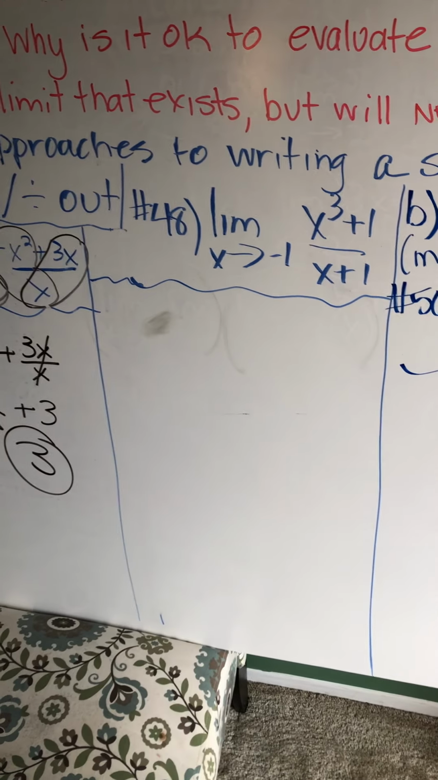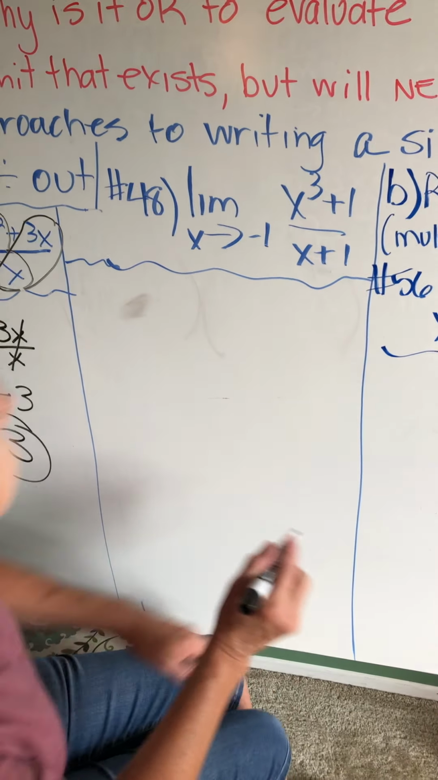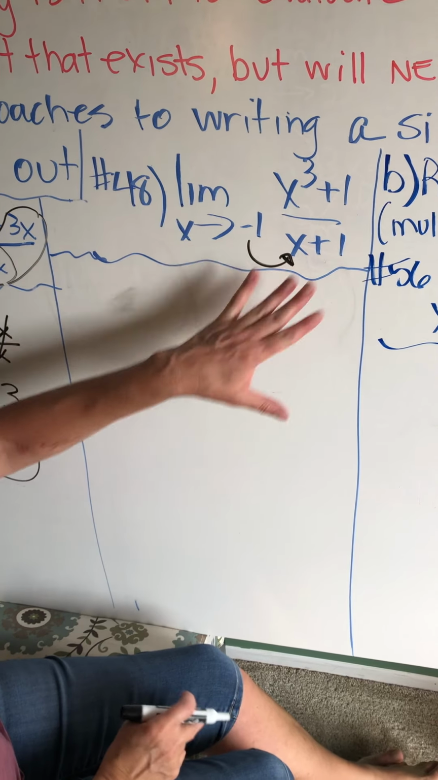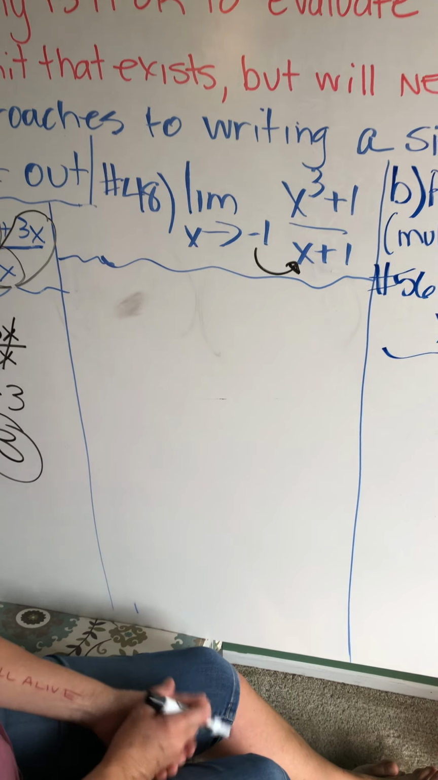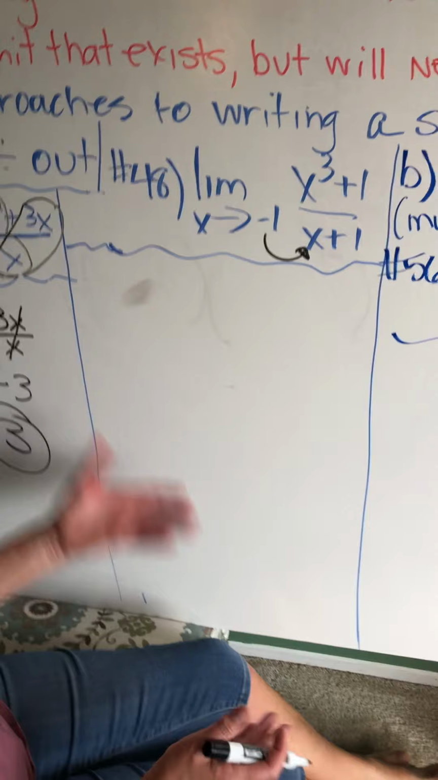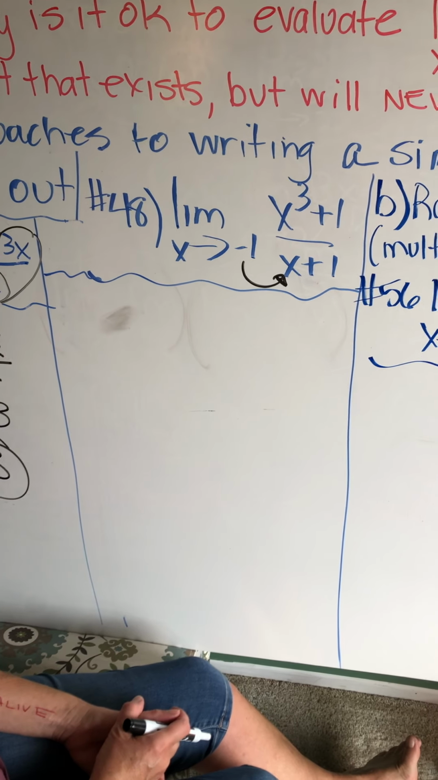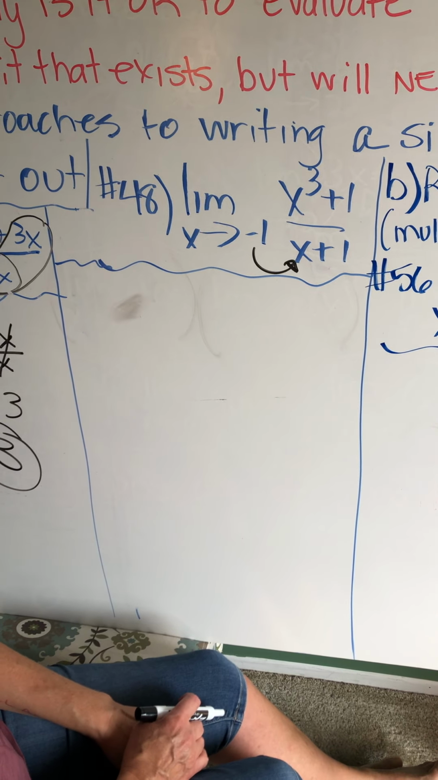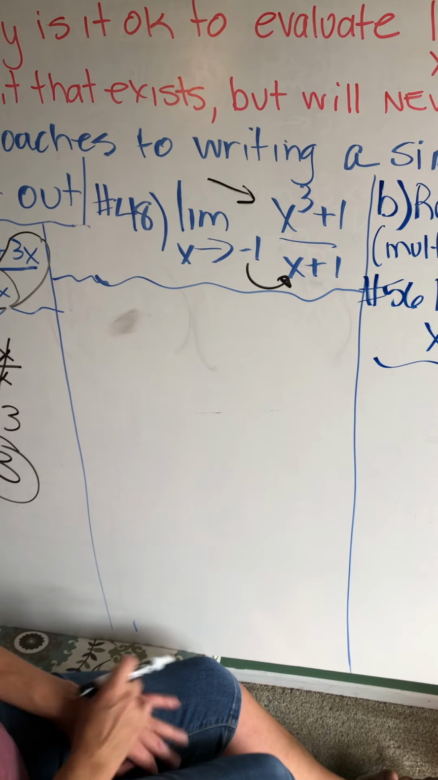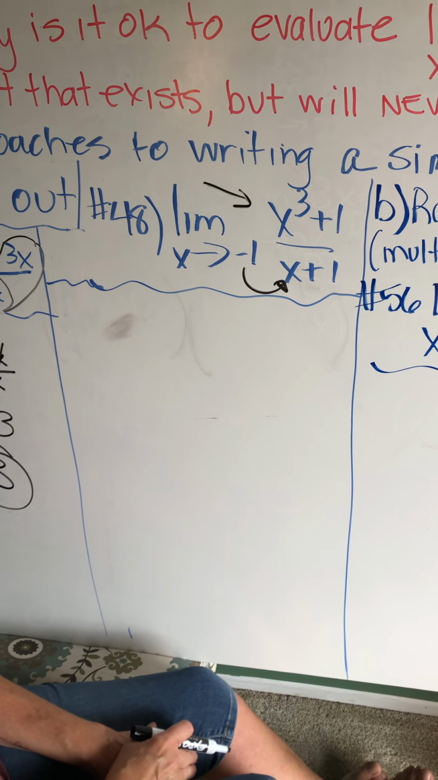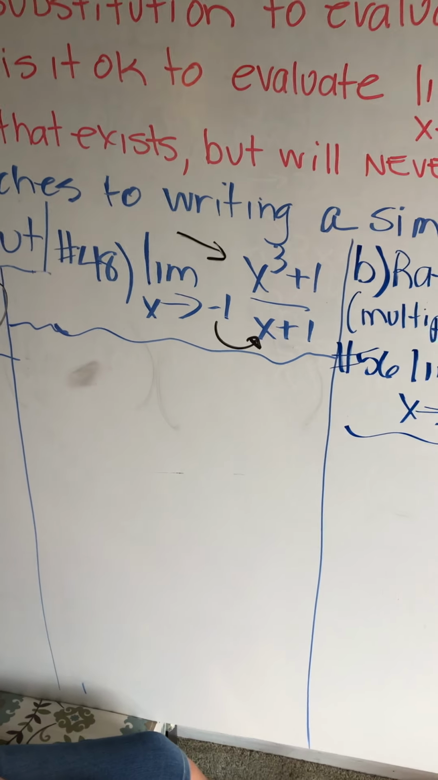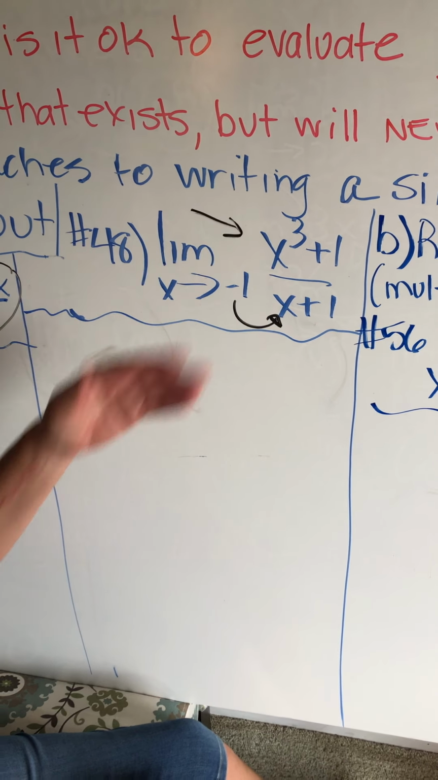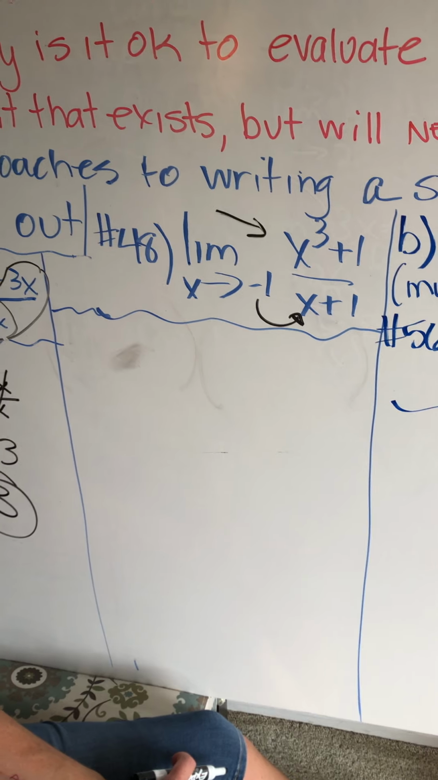Again, notice I always check direct substitution. When I try to put a negative 1 into this function, notice I get a 0 in the denominator. Okay, and so I try direct substitution, it doesn't work. Can I write a simpler function? Yes, I can. There's a couple ways to do that. If you notice, the numerator here is the sum of cubes, and you know how to factor the sum of cubes. Another thing you could do is notice that this is actually a division problem, x cubed plus 1 divided